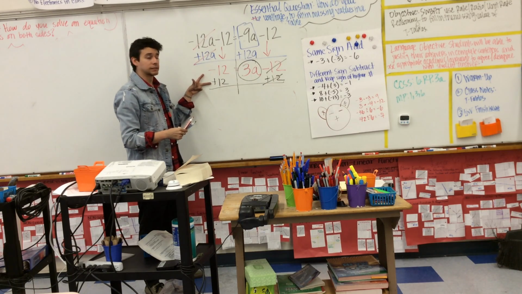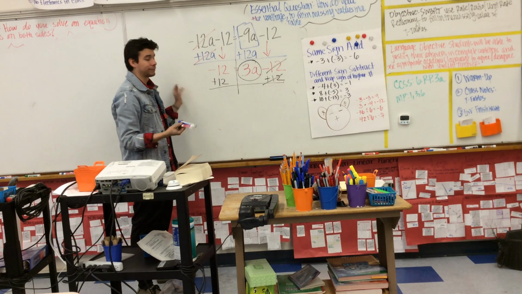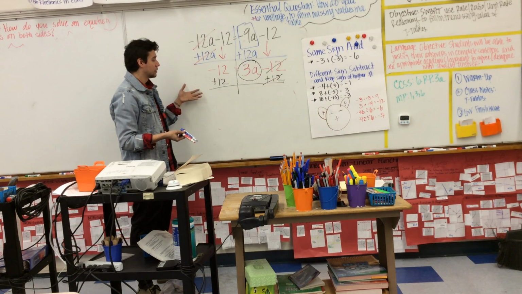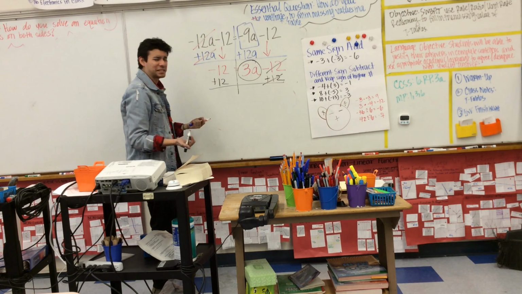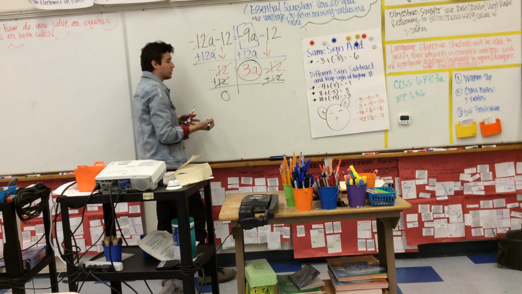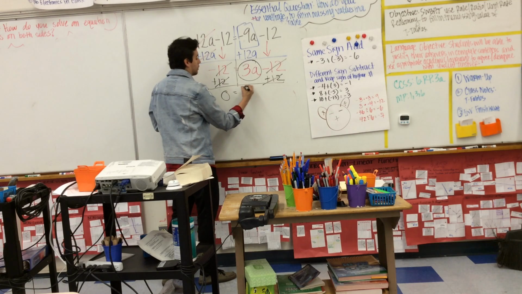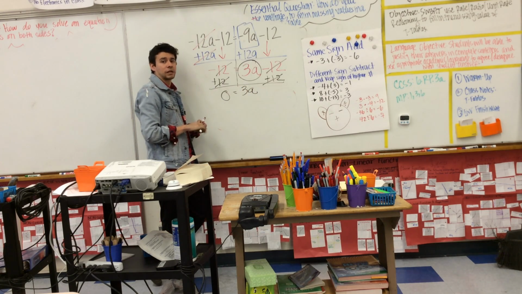Same sign or different signs? Different. Subtract and keep the sign of the bigger number. Okay? 12 minus 12 is? It's 0. Don't be scared. You can get a 0. Cancel, cancel, that's 0. Then you become a 0. Equals 3a. Some of you guys at this point are probably all scared, like, oh no,